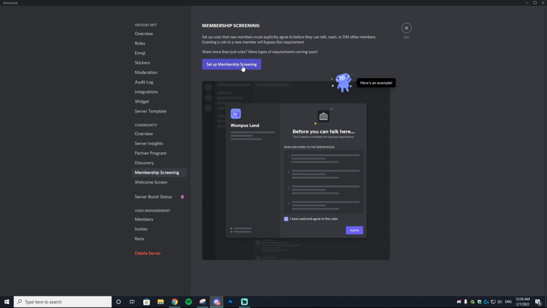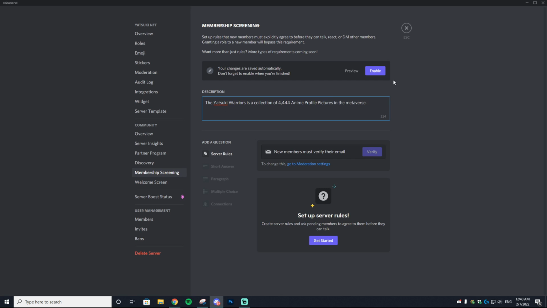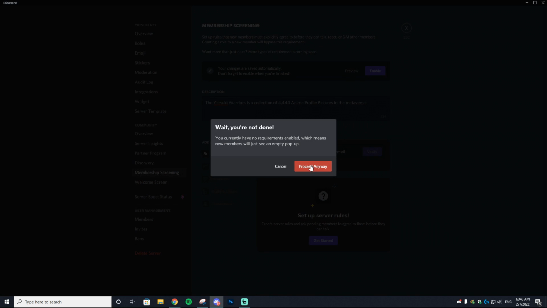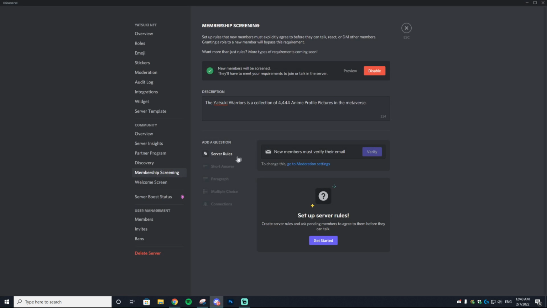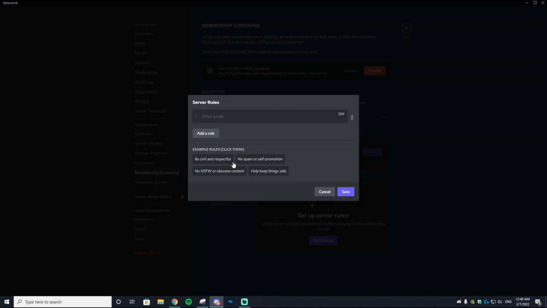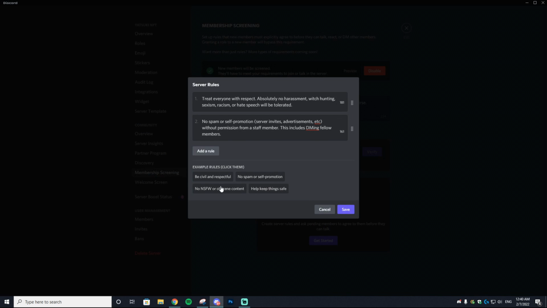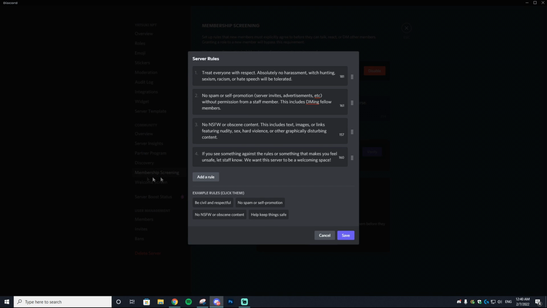Next thing we want to do is actually set up a membership screening where basically people have to say, hey, I read and agree to these rules. So for the description, once again, you can just write whatever your Discord server is about. Then you want to hit the enable button at the top right there and hit proceed anyway. For your server rules, you can add in these basic ones that Discord gets you, or you can add in